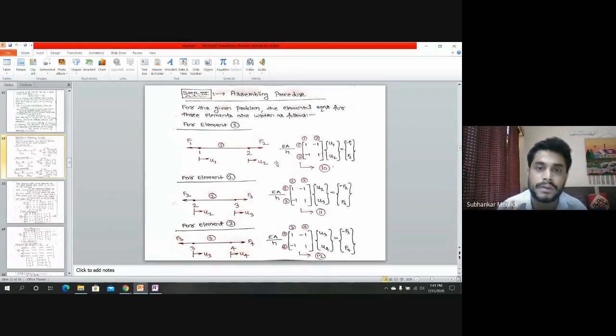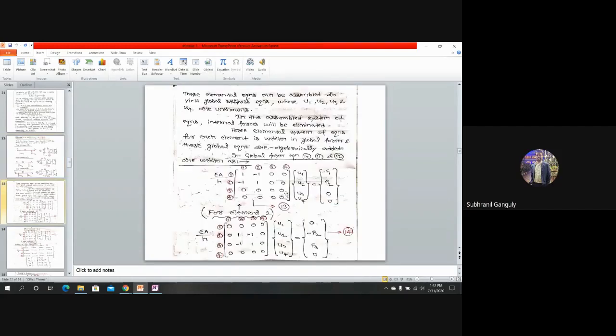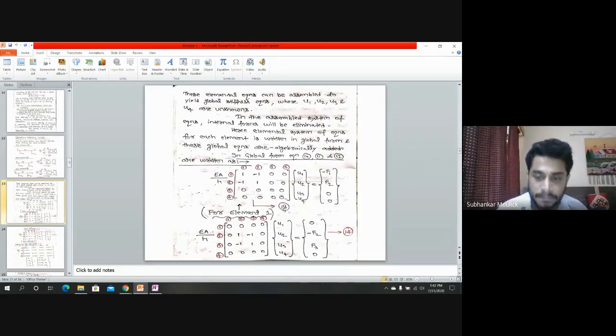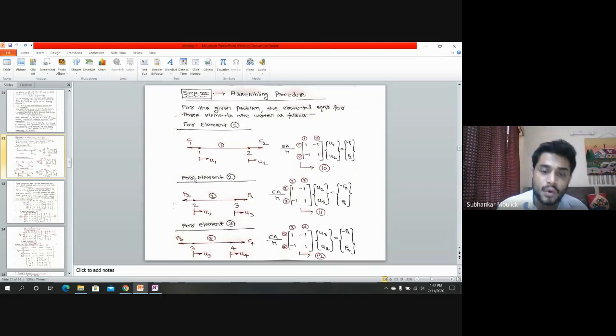You have to find out displacement, so you cannot keep it zero. Okay, thank you. ठीक है, this is your equation number 13. Similarly, you have to write the global system of equations for element number 2 and element number 3. I am writing it for element number 2; element number 3 you can see later in my lecture. Fine. Okay. For element number 2, let us write.